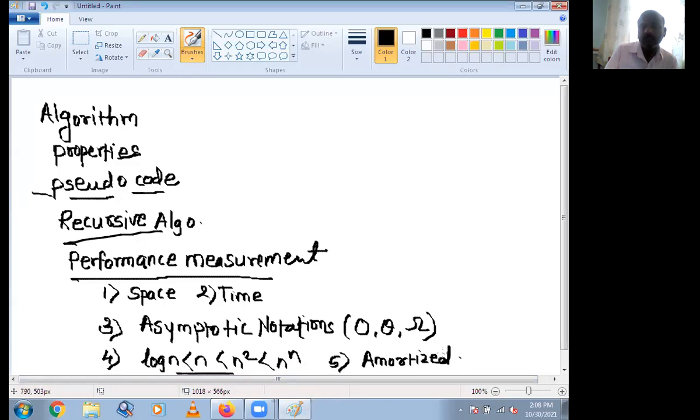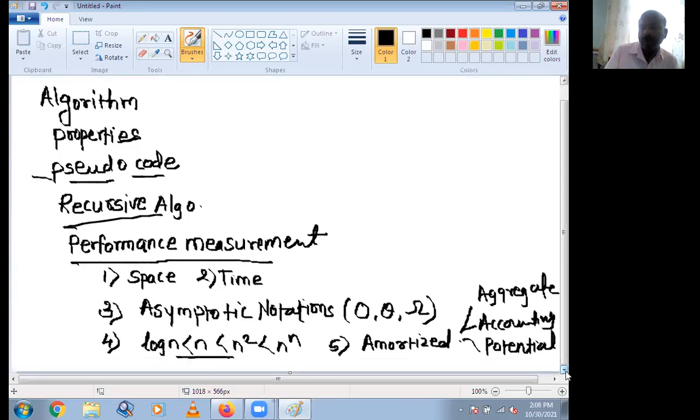In amortized complexity there are three methods: aggregate method, accounting method, and third, potential method. Okay, if you have any query, ask.